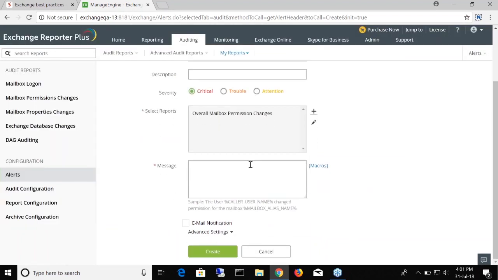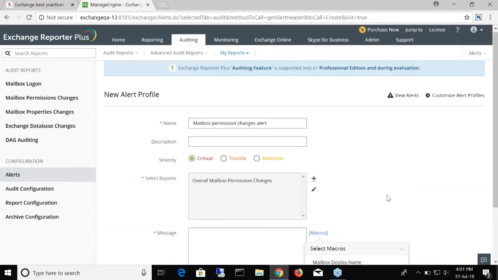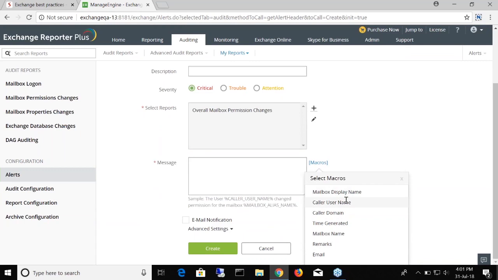Click OK. Enter the message, use the macros that are present here. So you can get the macros to tell you which user. Caller username is basically the user who brought about the mailbox permission change over your organization's mailboxes. So you can get it to tell you which user changed the permissions. You can get it to tell you which mailbox this permission change happened over, the email address, any remarks,